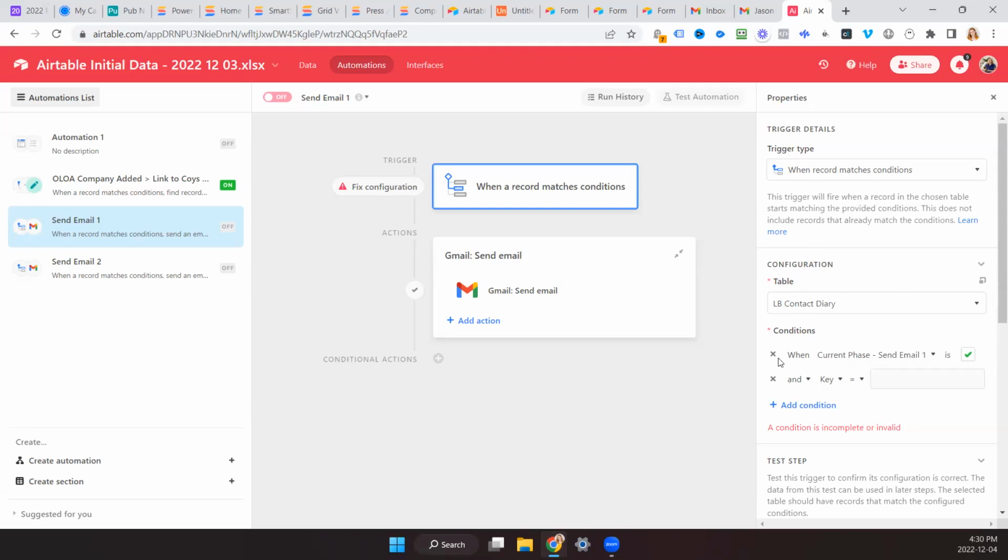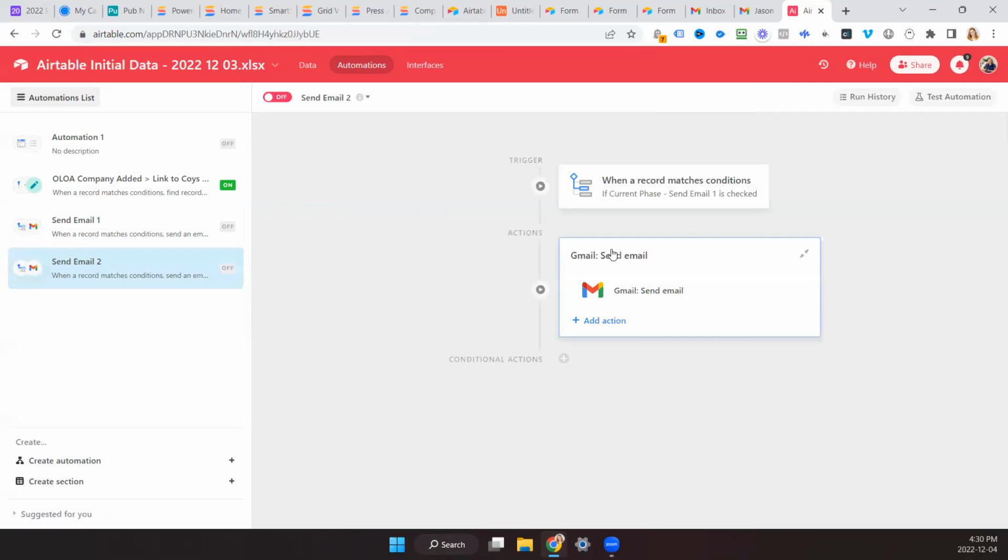I want to say when send email 1 is checked and send email 2 is not checked and send email 3 is not checked, just to make sure. And then with this one, we're going to make sure that send email 1 is checked and send email 2 is checked, but send email 3 and 4 are not checked. Does that make sense? Okay.